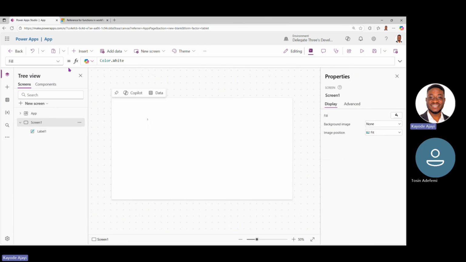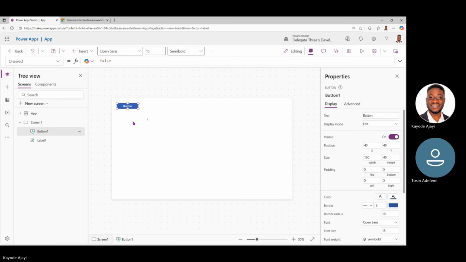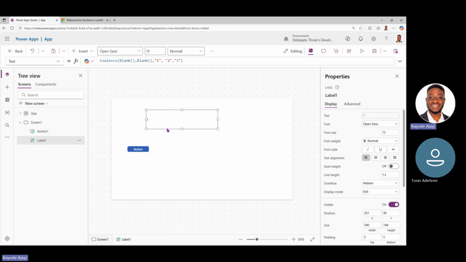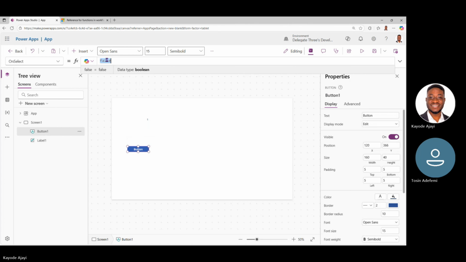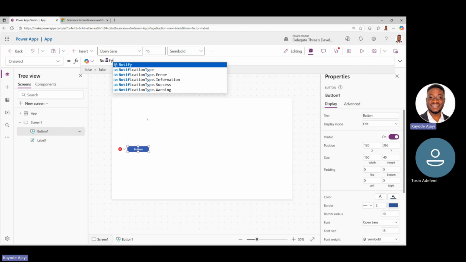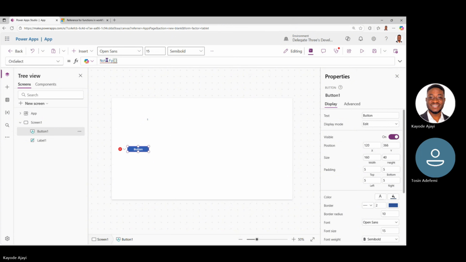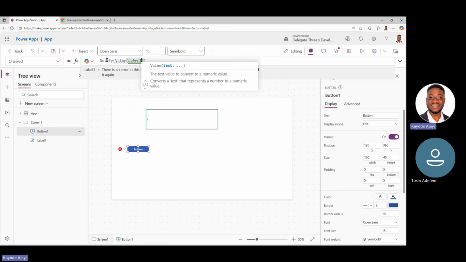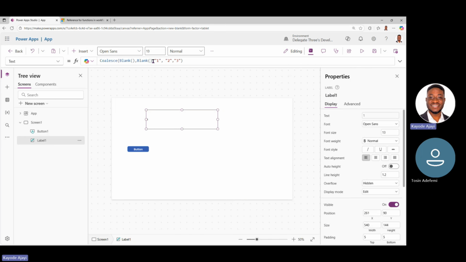Maybe I have a button here that says notify, value of this guy, the text divided by 2. So if this returns a null,